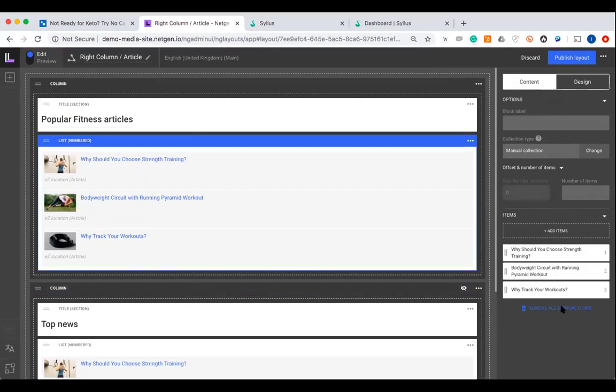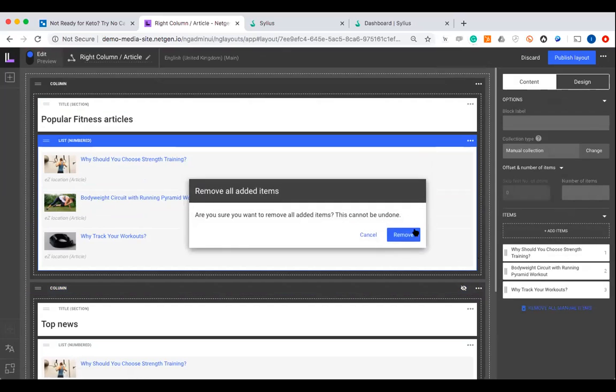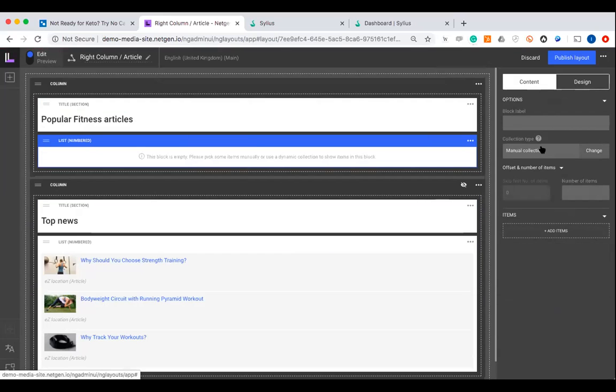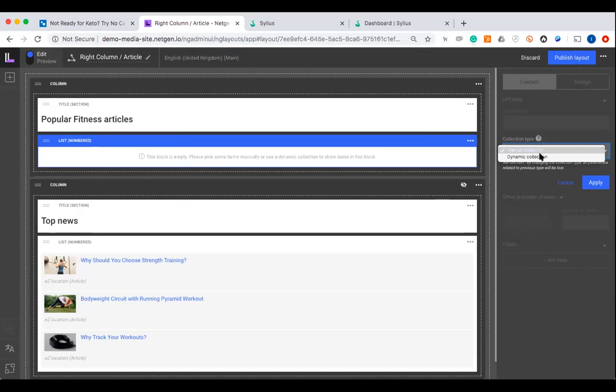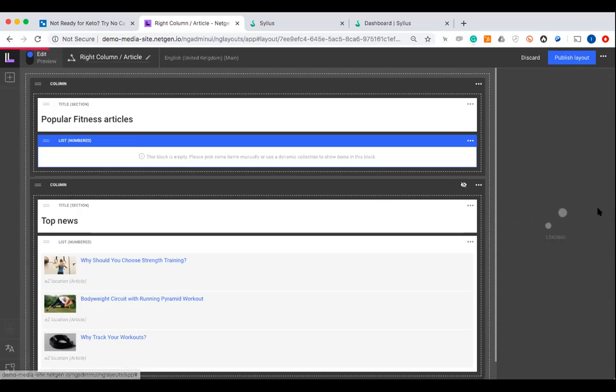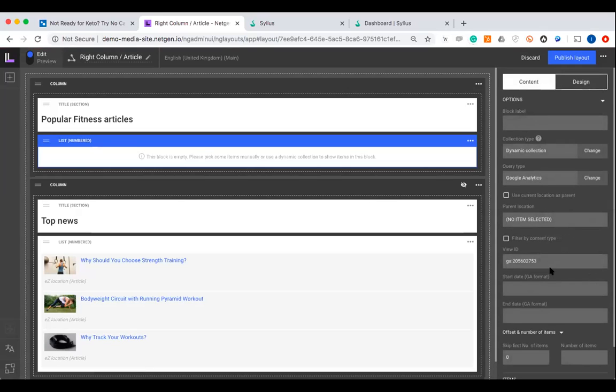You can see here that I have only manual items. So what I want to do is I will remove all manual ones. And I will introduce, this is not a new core feature, but it's still a new feature. What we built for some projects is the Google Analytics query for easy. And this is a separate bundle that can be installed, and we still didn't push it to GitHub, but we will do it soon. So this is just checking with Google Analytics what are the most popular items, and then showing the easy items,